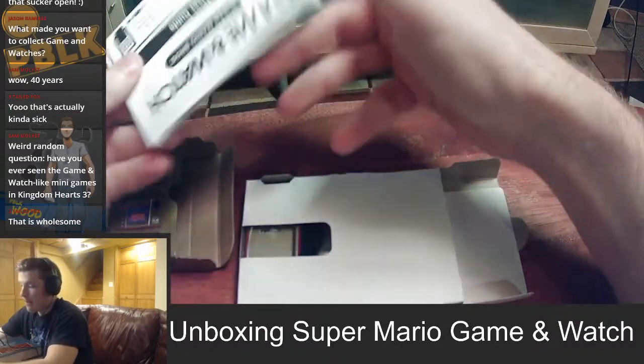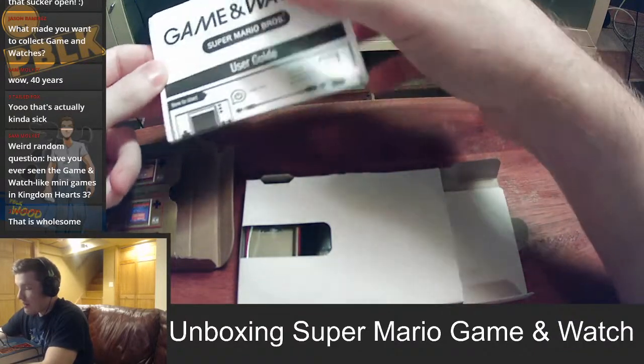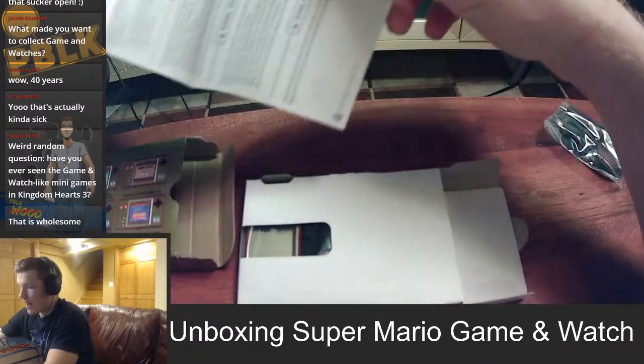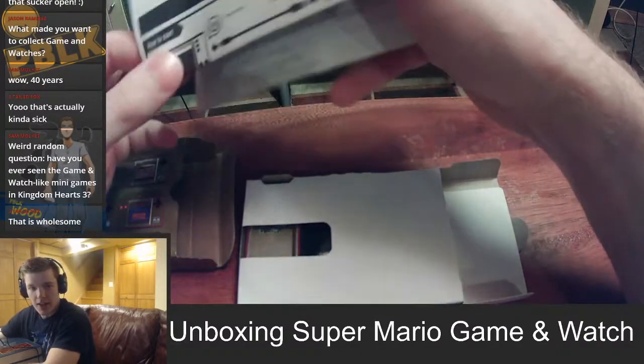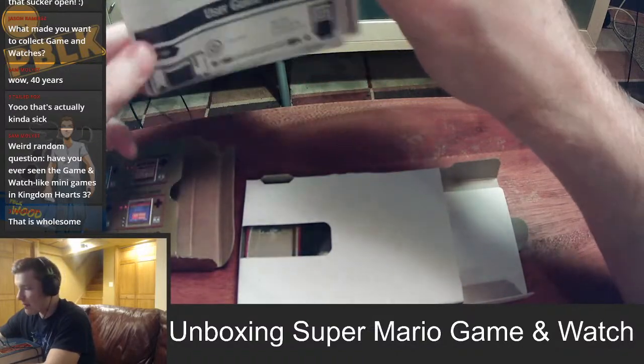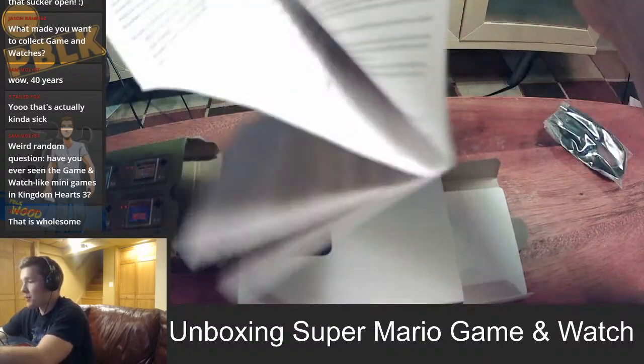Okay. Here's the manual. I do have one manual, sort of. And I can pull out... Do you guys want to see an OG Game & Watch manual? It's from my only complete-in-box Game & Watch that I have. Octopus doesn't have one, but...